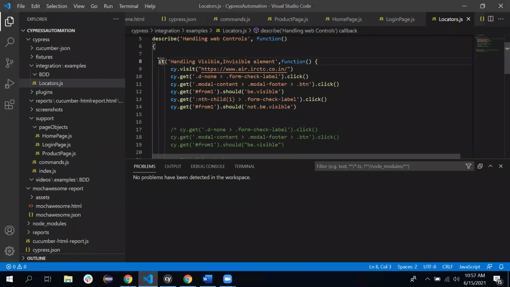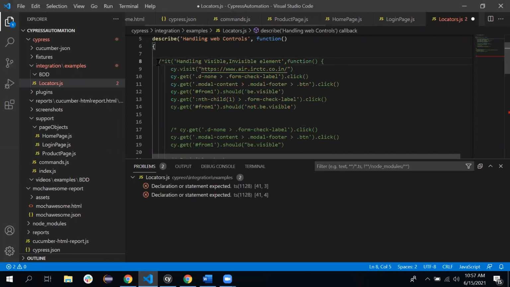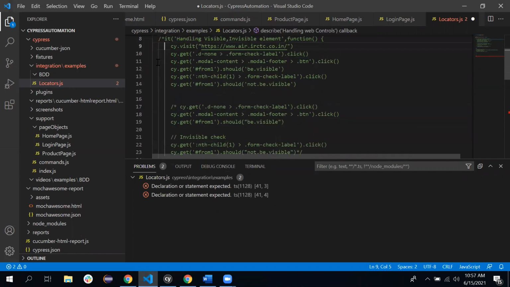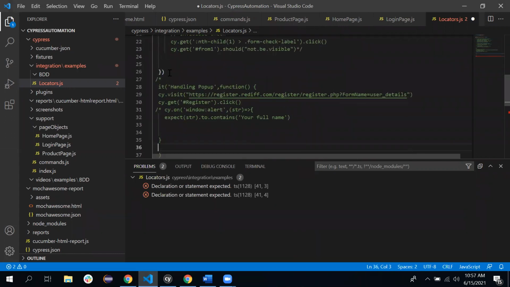For that, I'm just commenting this it block, and the second it block is the one I have written for handling the pop-up.